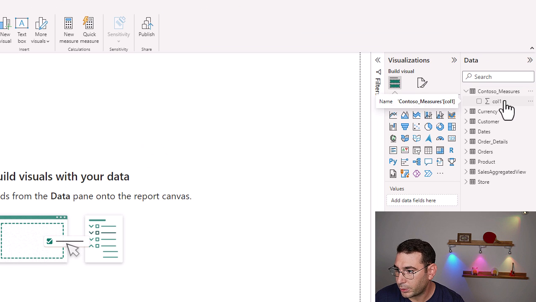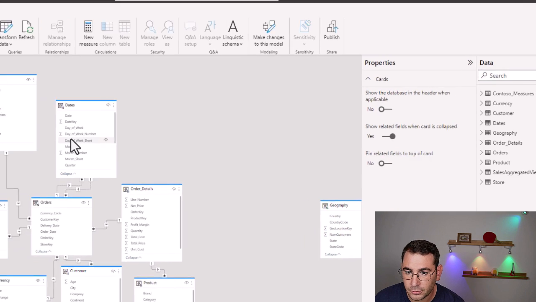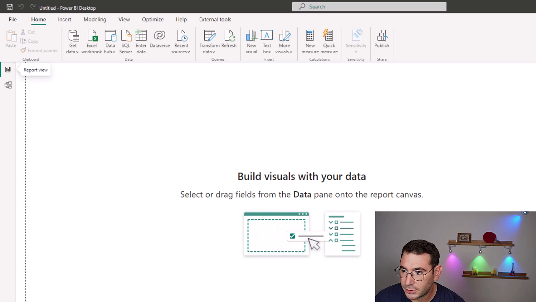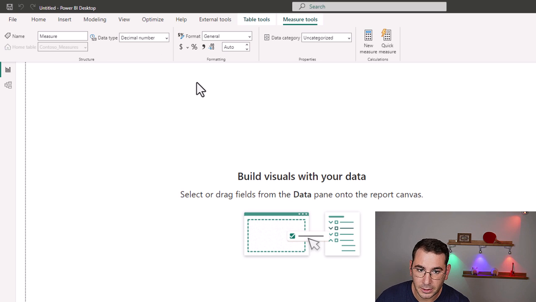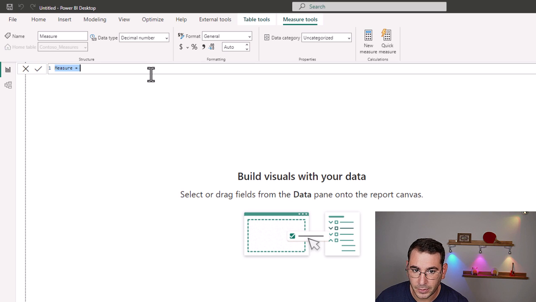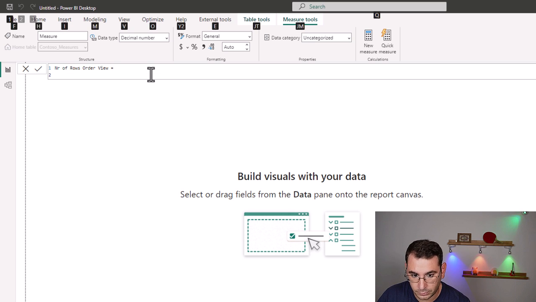So what we have here, we have column 1. Okay, so I'm gonna create the first measure. The first measure is going to be a simple count rows. Okay, so number of rows, order details, or view, and we're gonna go